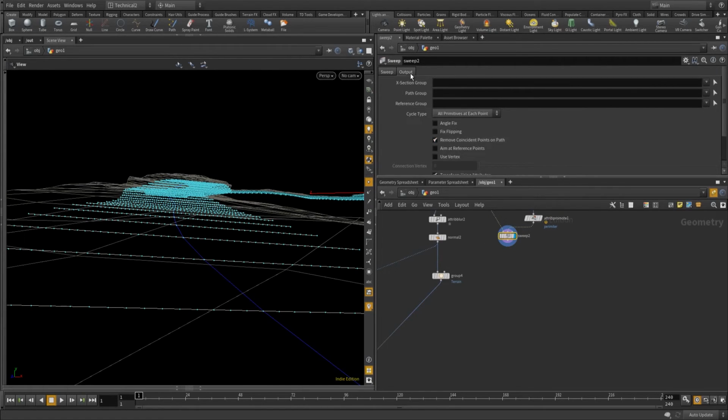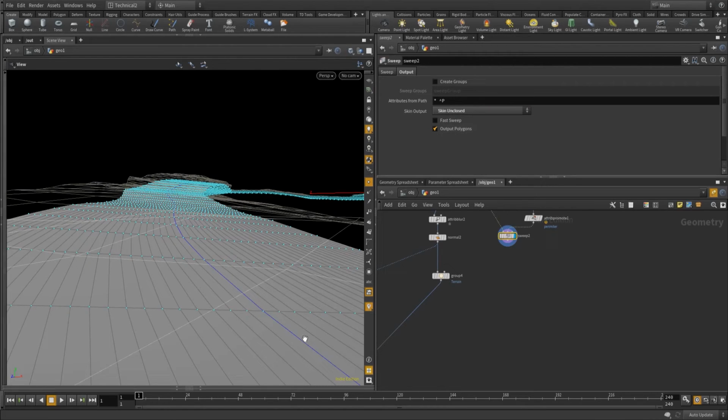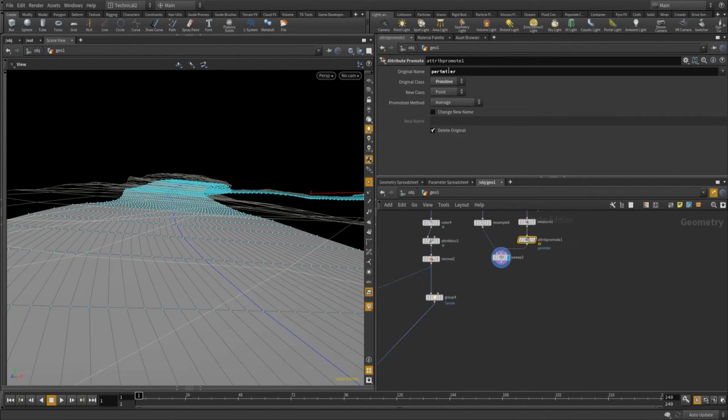Don't forget to change the output here: skin unclosed. Make sure you don't make any typos like I did. Right, so that gives us the initial sweep, and that means we can move on. And moving on here, I need to start working on the rest of my UVs, and to have them